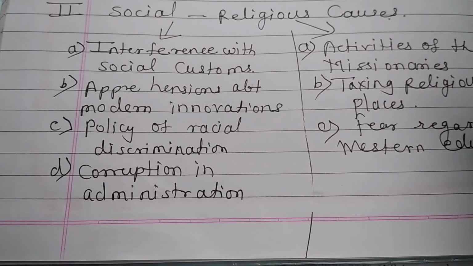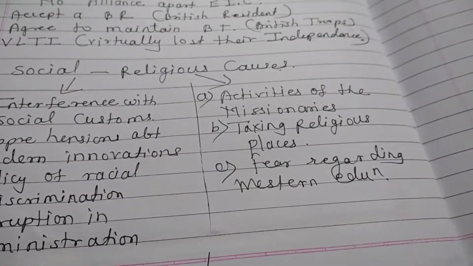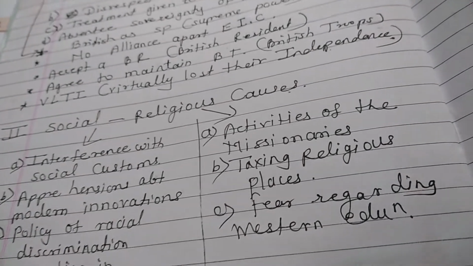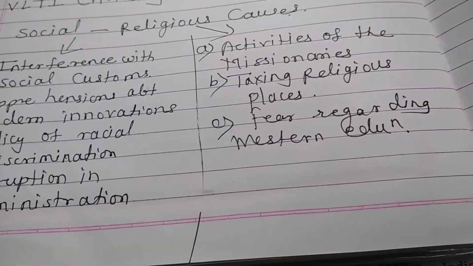Then the policy of racial discrimination. The higher caste people thought that they were the hierarchy and they should not spoil their religion and their customs by offering